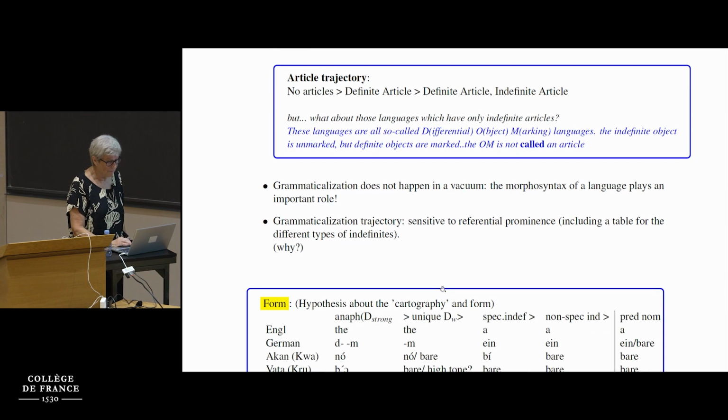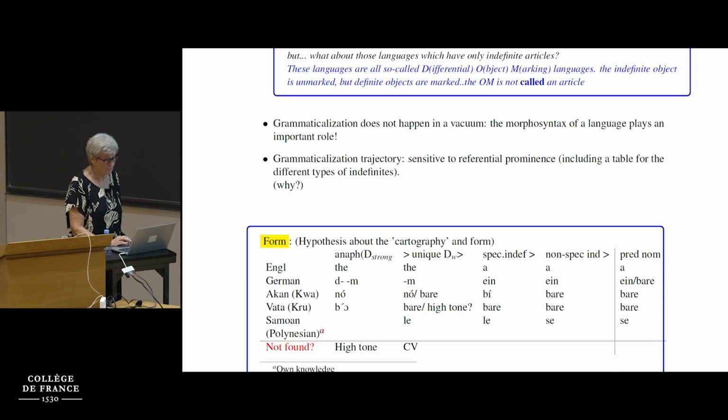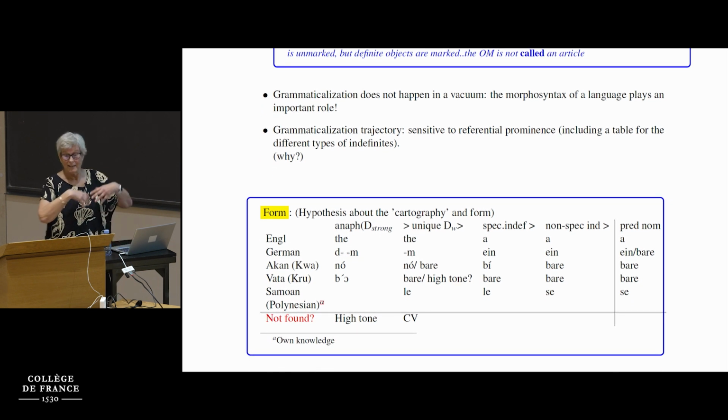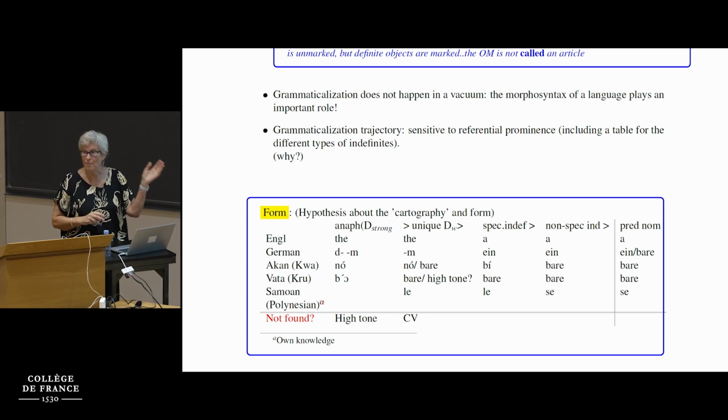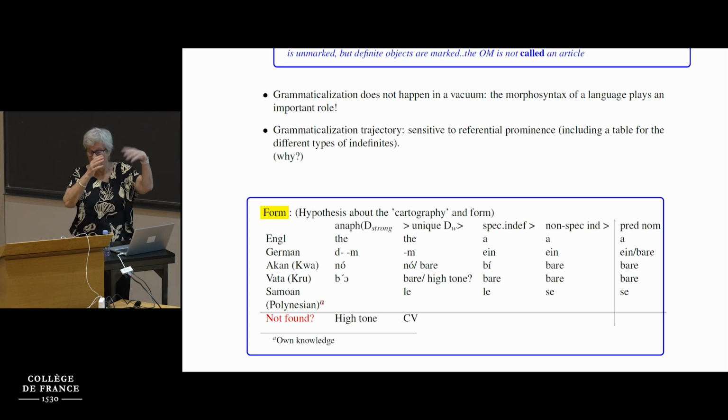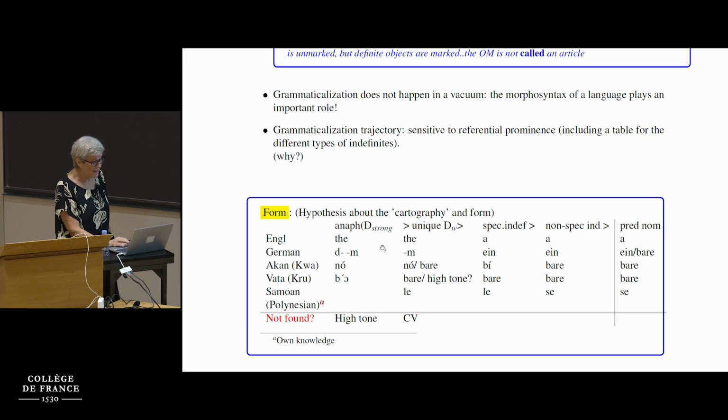Okay, so then if we look at this grammaticalization trajectory of a language acquiring a definite article, what can we say about forms and this hierarchy? It looks like it starts from the anaphoric definiteness and goes up, kind of trickles down according to the hierarchy, so that you basically get